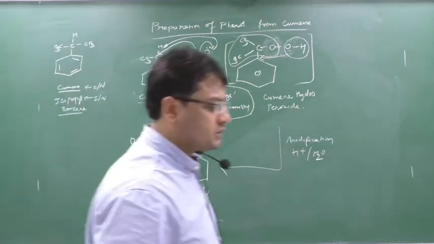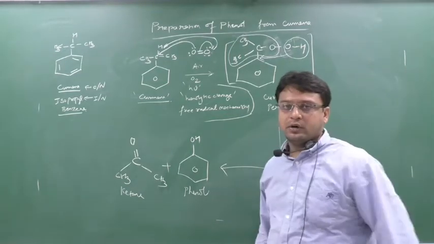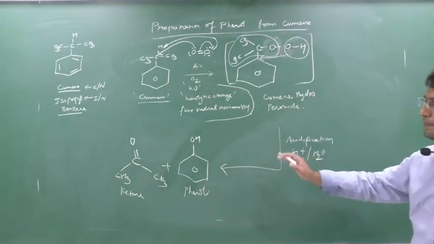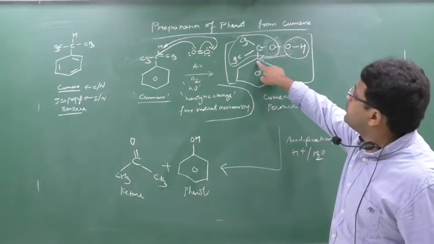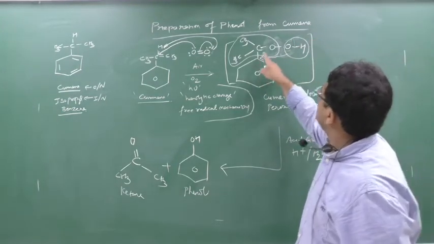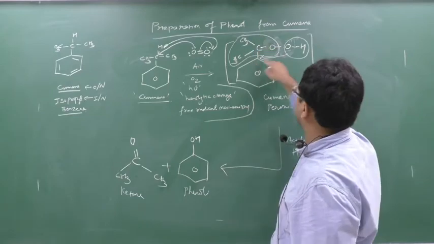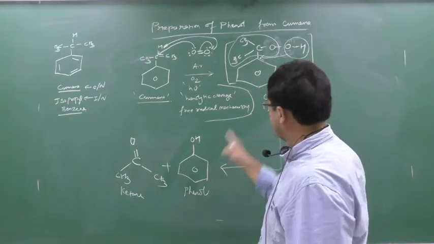So during the cumene process, not only one product is forming, there are 2 products. One product is phenol, another product is ketone. Just remember this, mug it up, to get the answer. But when I do the mechanism, everything will be cleared. Why is this OH shifted to here? This also you will understand. I am removing CH3CO, and I am shifting this OH on this carbon of the benzene. Then only I will get the phenol.